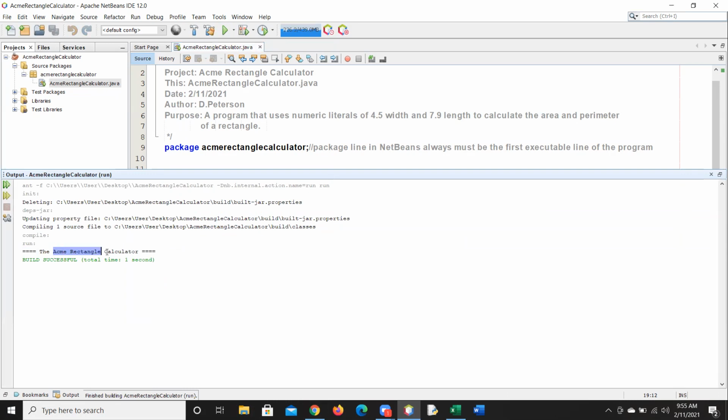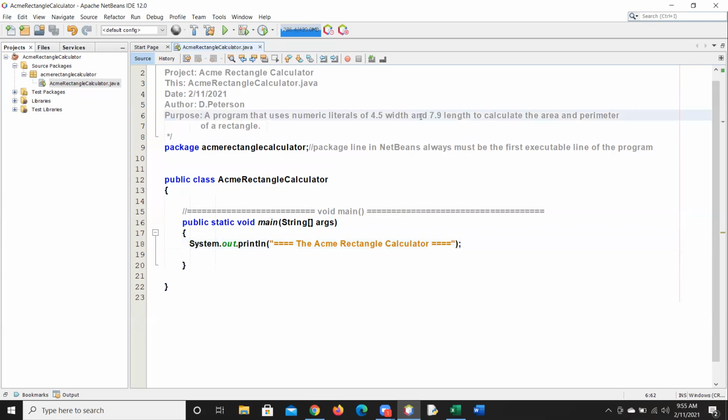you see the line, the Acme rectangle calculator. And again, I'm a big stickler about this: if I run the program and all it does is print out a number, how do I even know what it means? Okay. Again, you have to think